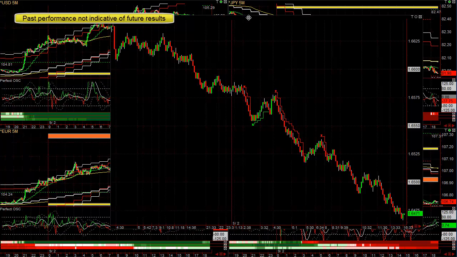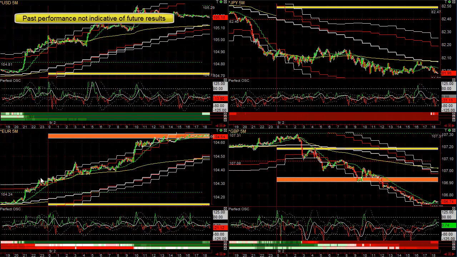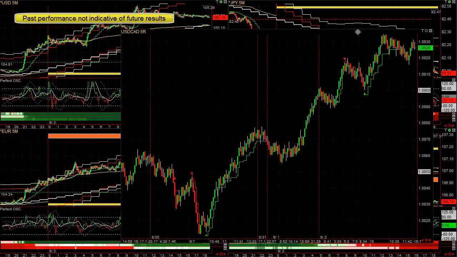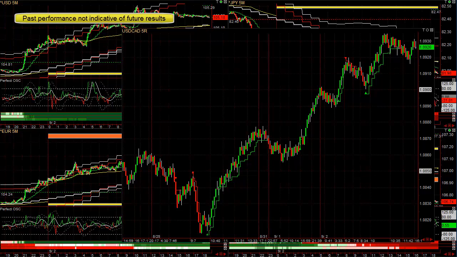And another currency that I spent a lot of time today improving the signals and adding some new ones is the dollar CAD. Previously today, when the market makes an explosive move up and it doesn't have much of a pullback, we miss these trades. But I put in a new trade that measures the time and the distance from this swing to this swing. There's no pullback, so this doesn't actually count as a swing high, but it's the highest high from the last swing low. It's over 20 pips over the last one,